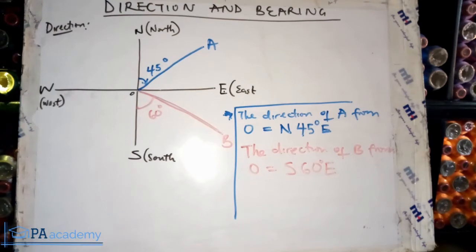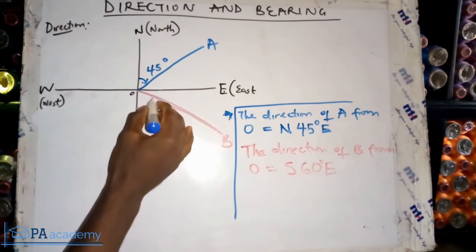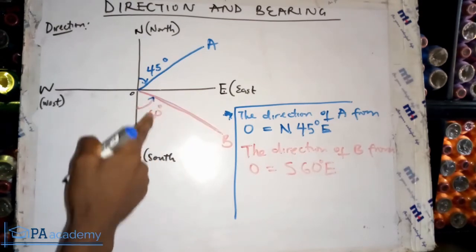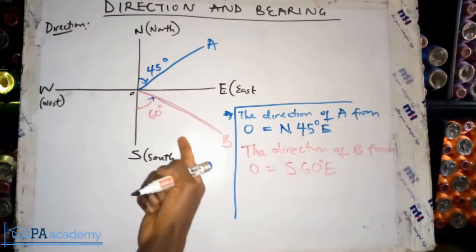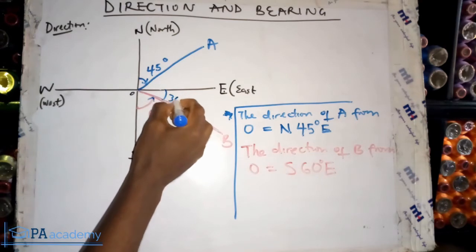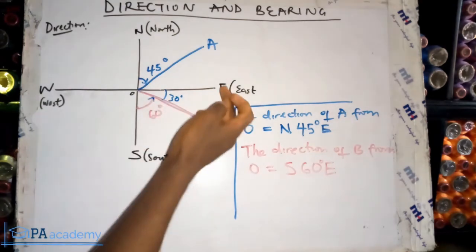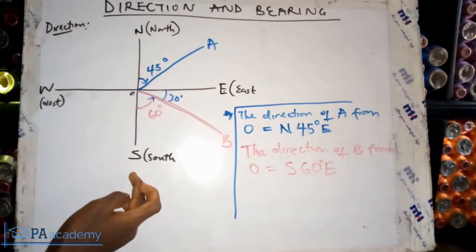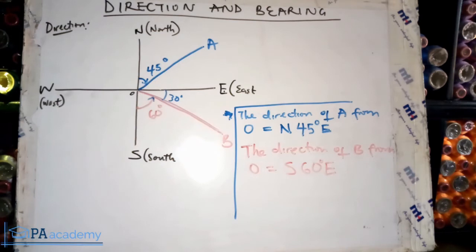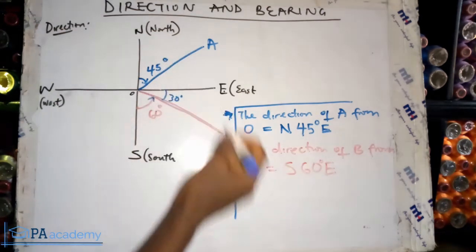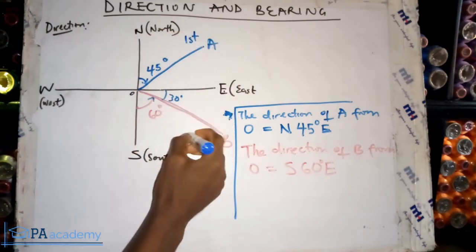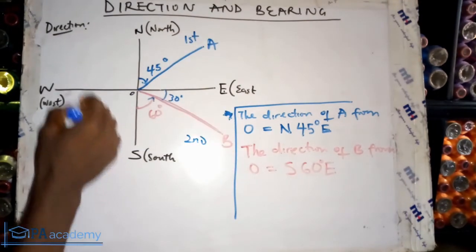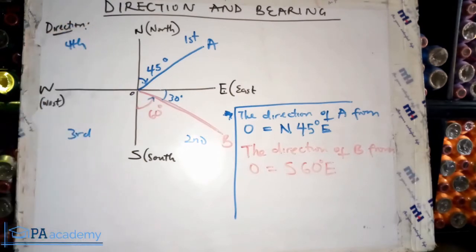Now let me explain something from these two angles that we just looked at. If this angle is 60, that means the other angle is 30 degrees. So you cannot say east 30 degrees south, it is wrong. When you are dealing with direction, it is very wrong. You always start from either the north or the south, whichever is closer to it. Now let me also add this, we call this one the first quadrant, this is the second quadrant, this is third, and this is fourth quadrant. That's just an addition, by the way.